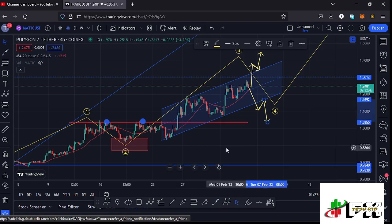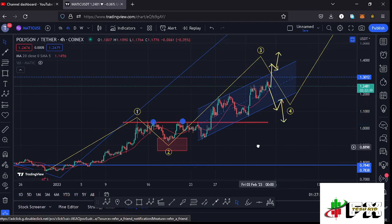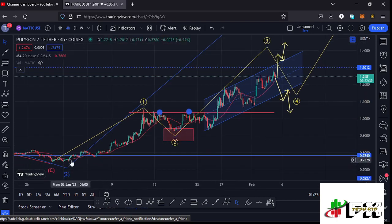And getting to the scenarios that I'm expecting to play out basing it on the Elliott structures, you can see that after making our low at around the $0.74 mark, we started a very nice bounce to the upside in a move that has been obeying the Elliott structures, where you can see that the high that we made at around the $1.05 mark is what I'm terming as the high for this first wave to the upside before we